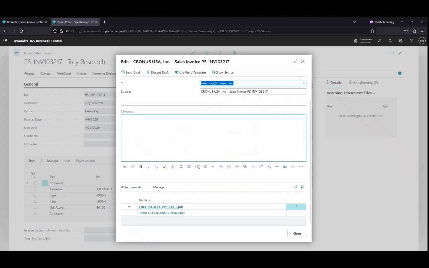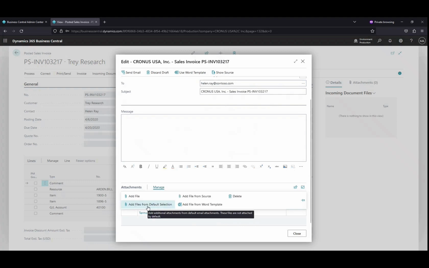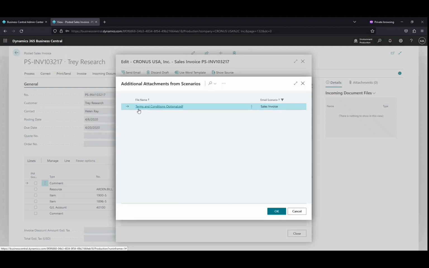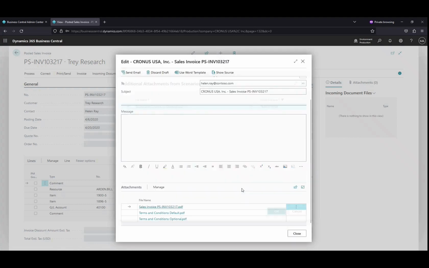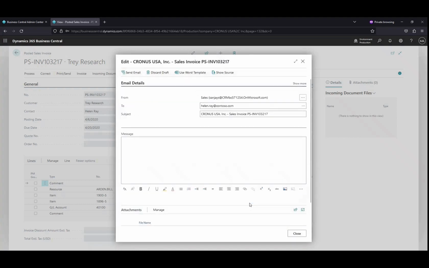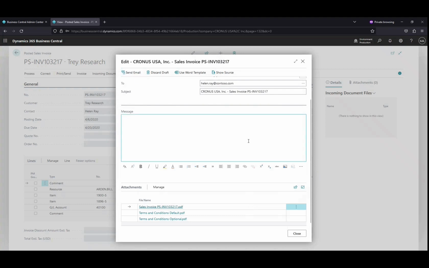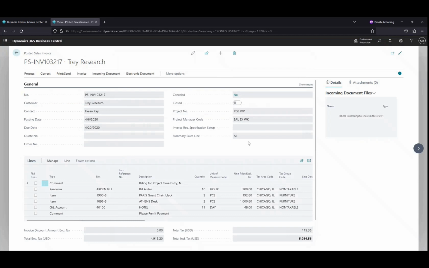So now we should be able to see the terms and conditions default attachments automatically attached to the email. So if you want to attach that optional terms and conditions file as well, then we can go to manage, add files from default selection. So here you can see that terms and conditions optional file. If you want to send this file also, you can select it and it will be added. So once we click send email, the email will be sent